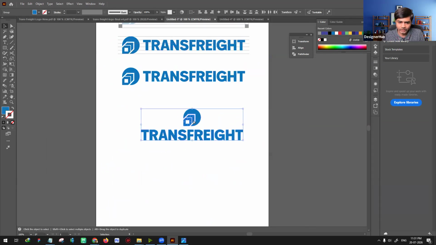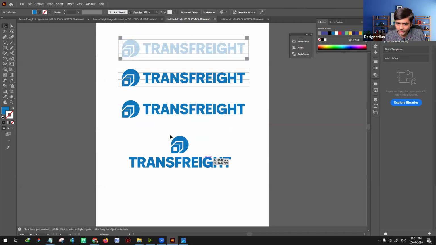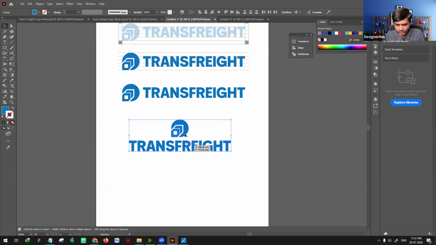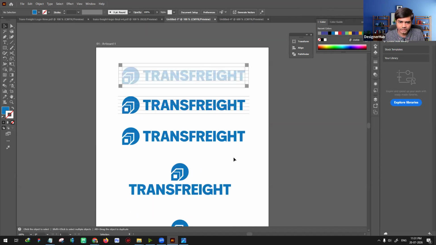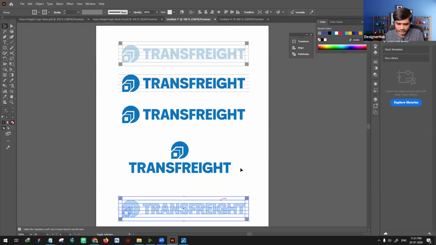Now if you see over here, you are like, hey, no man, this looks so small and this looks bigger. Visually, it is not appealing. Though I followed the guidelines, I'm purposefully doing it wrong so that you all get an idea. So, what is it that I have to do? For these kind of upper ones, all we have to do is take the top grid itself, copy this, duplicate this,